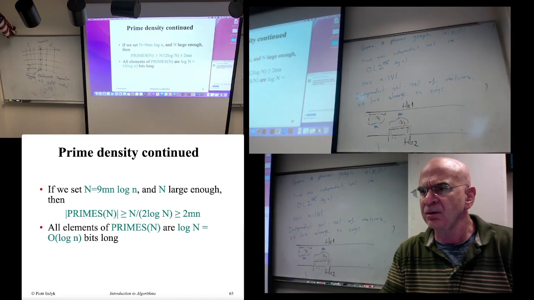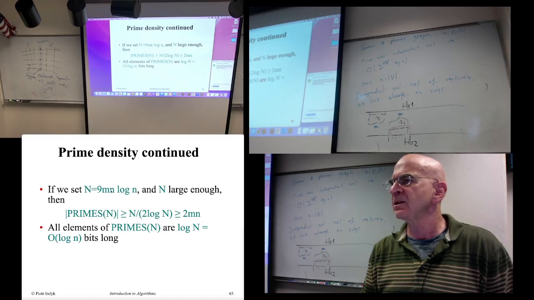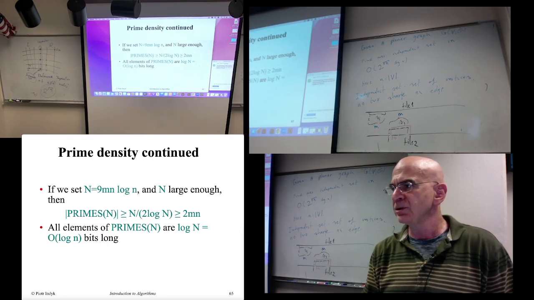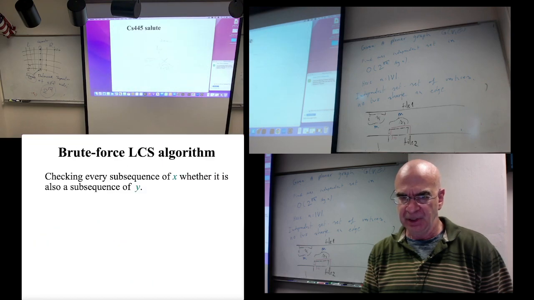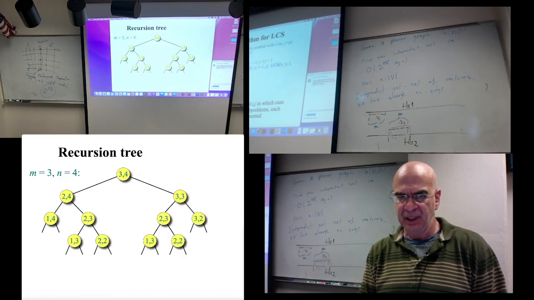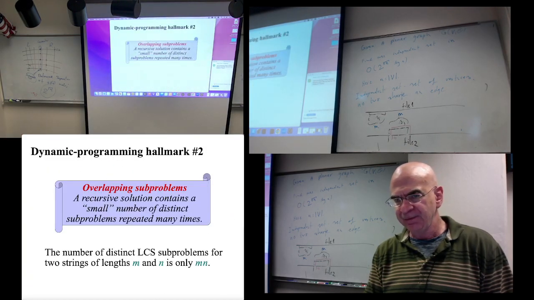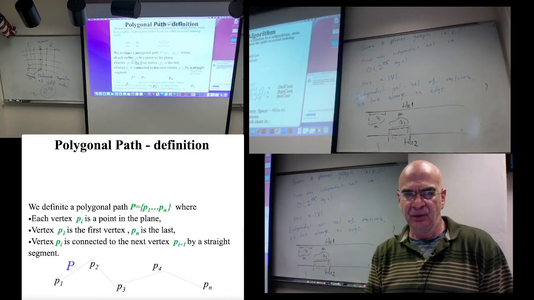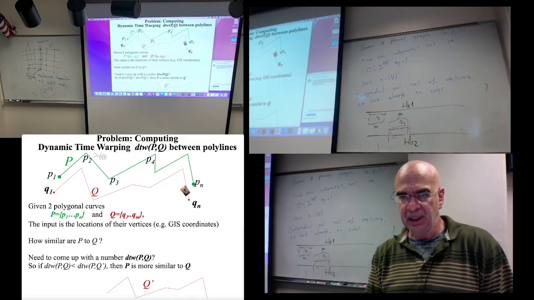A quick note about the homework: a few people got confused between dynamic time warping and Frechet. They both involve dogs and lengths of a leash, but there is a big difference between them. One asks what is the maximum length of a leash, and the other asks what is the sum of lengths of the leash. And in the weak Frechet or the weak dynamic time warping, where they can move backward and forward, I suggested